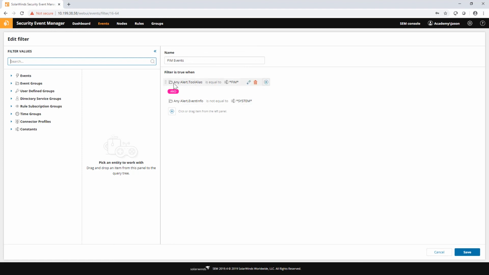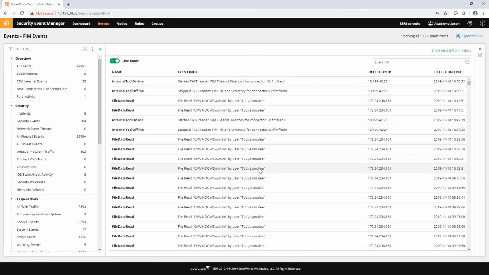So in this example, I've added a second condition that says exclude all events that come from the system account, essentially. So I use the event info here. I could also probably just use the source account to make it more precise. But you could do something like this on your old filters to prevent that from happening. You can also do that with any reports you run for FIM or file-related activity, etc.